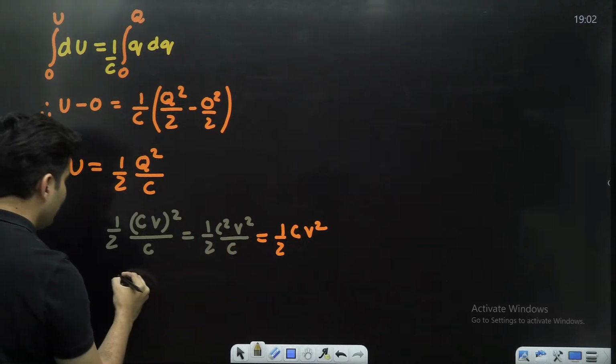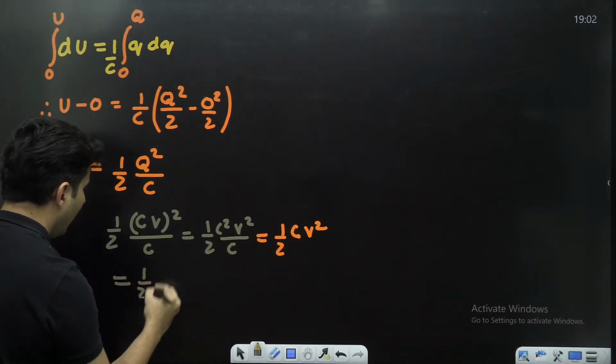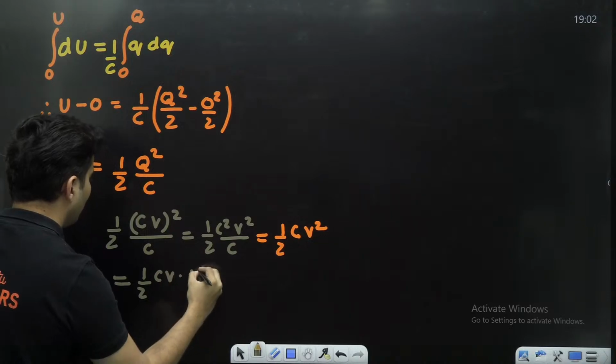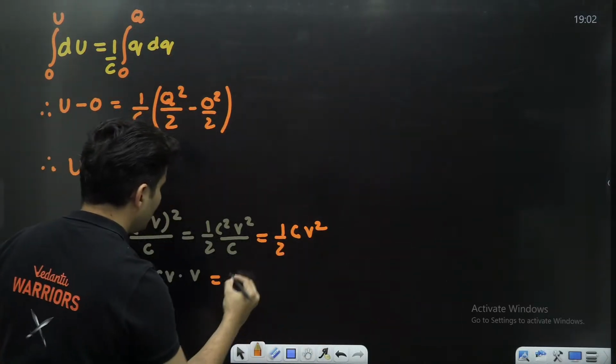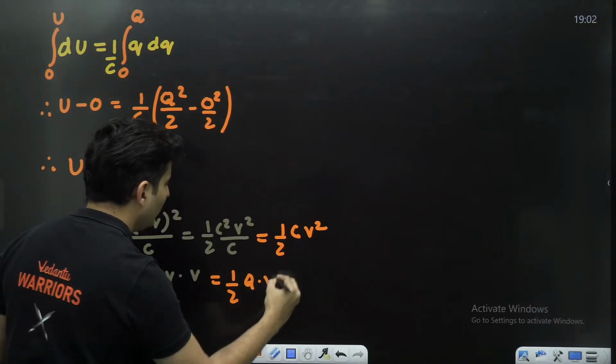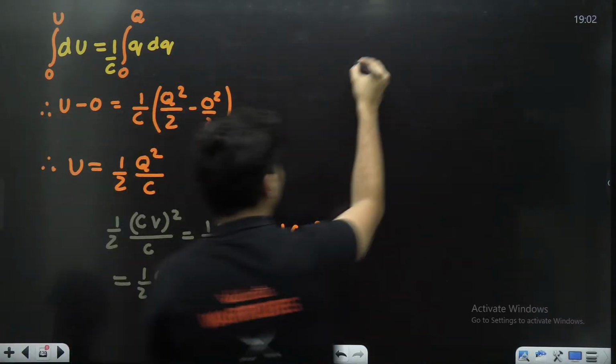This half CV square, I can write it as half CV multiplied by V. I know what CV is. CV is nothing but the charge. So it will become half Q into V. So in general,